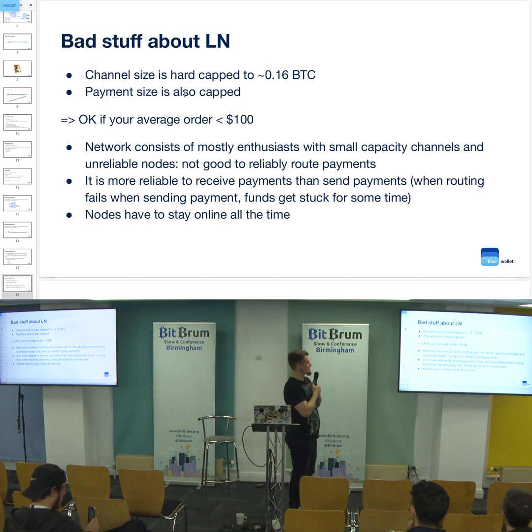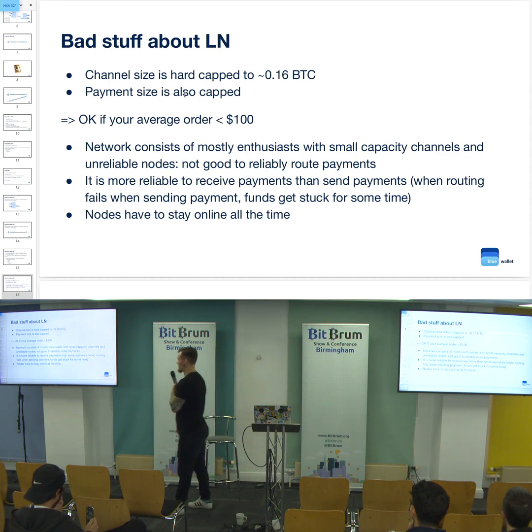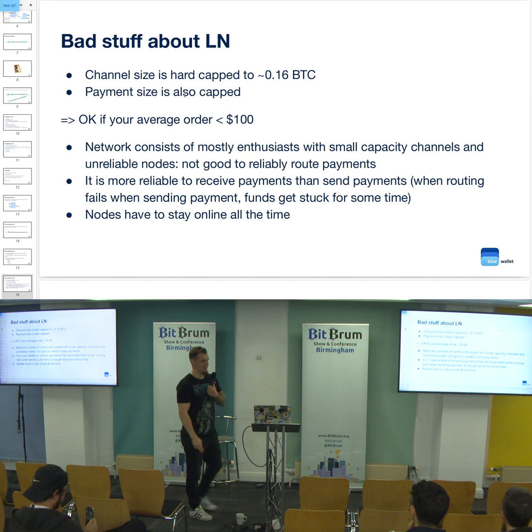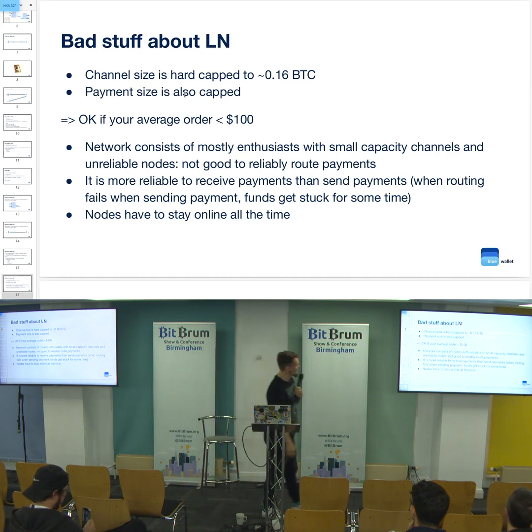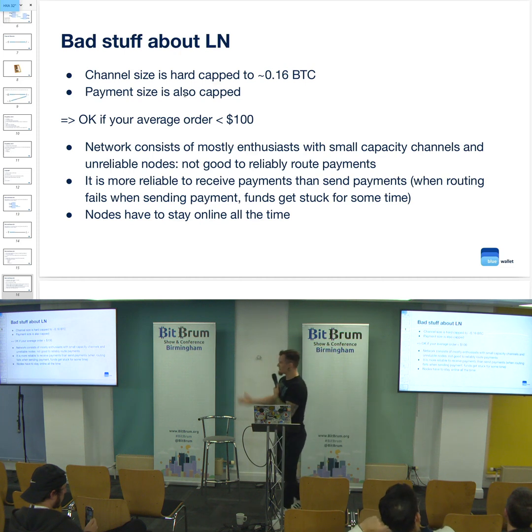Like I can give you an example. An airline tickets reseller approached me and said, we want to start accepting Lightning. How do we do that? And I said, guys, how much is your average order size? You're selling airline tickets, you're selling hotel tickets. I'm guessing thousands of dollars average order size. This won't fly. So you get the pun? Like airline tickets won't fly. Yeah, so. Well, it's not a principal limitation,